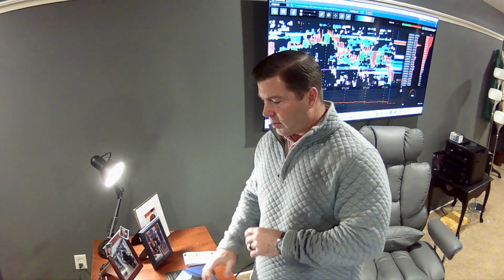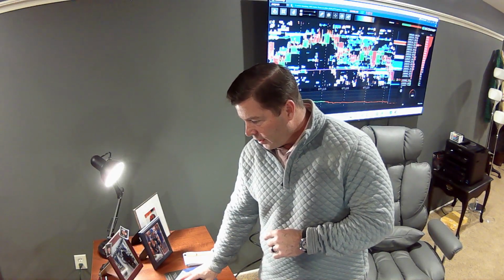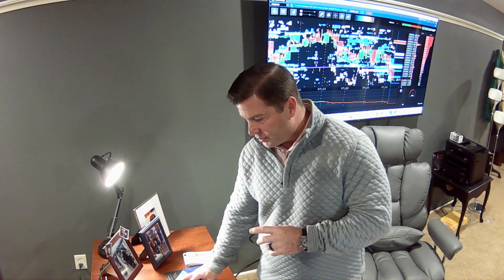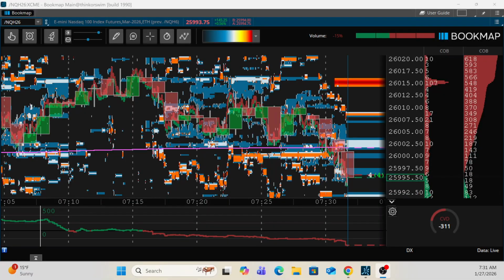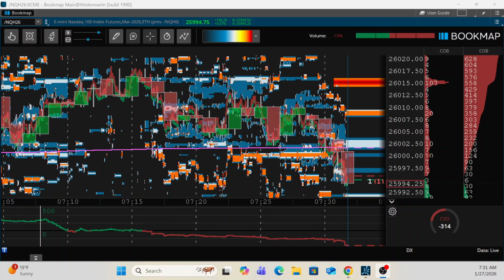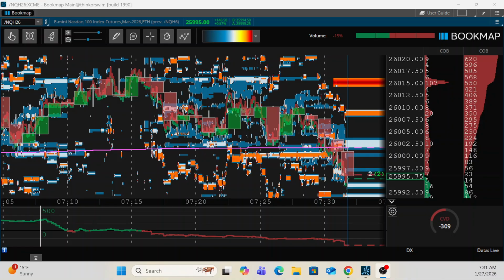Where this market is going to go. We're heavily on the sell side right now. I'm going to switch over to my charts here. And again, I apologize, this is my first endeavor at this, but I'm going to flip over. This is the heat map for the MNQ, and specifically what I want to talk about is on that 5 minute,